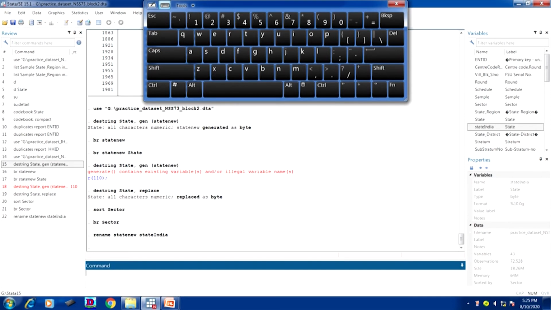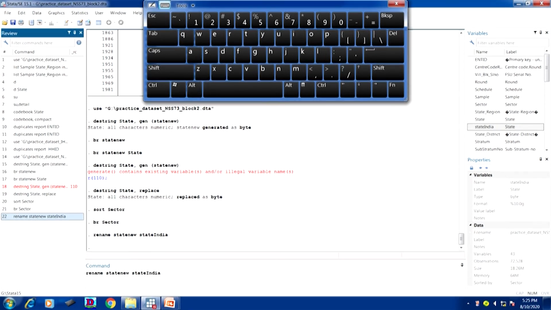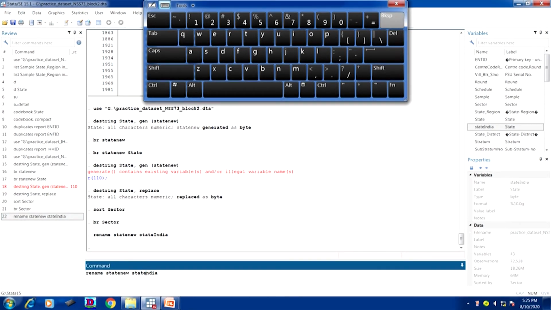Now, it has already been renamed, you can just have a look from your variable view. I have put my cursor here, so it is visible to you. Otherwise, you can also do an underscore operation like the snake view. You just give an underscore, then India with small letters.